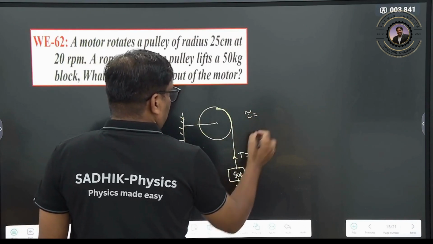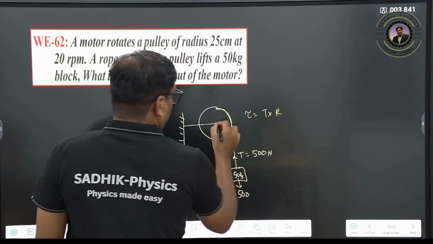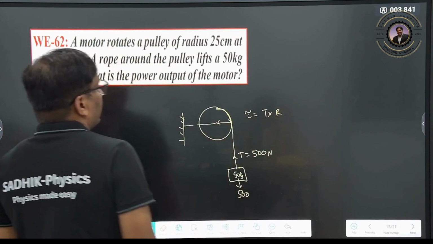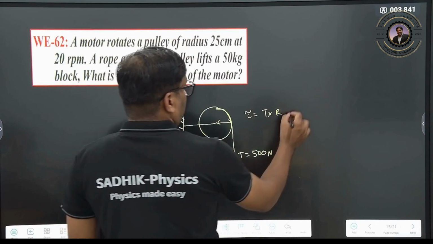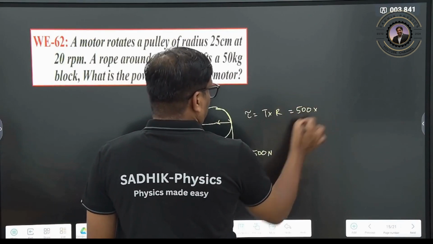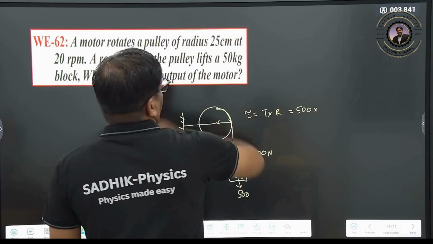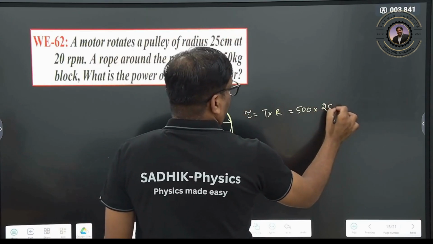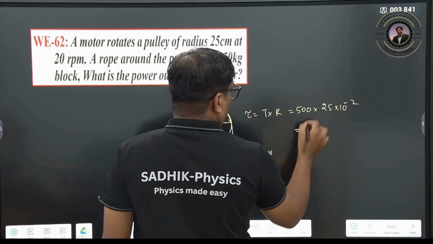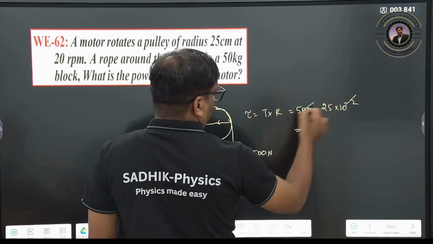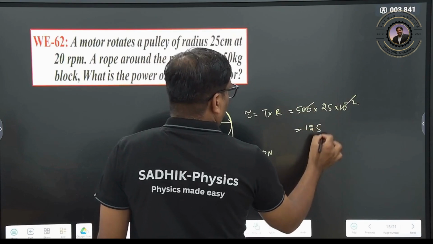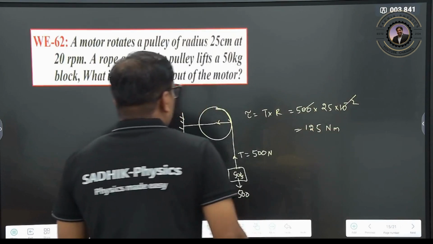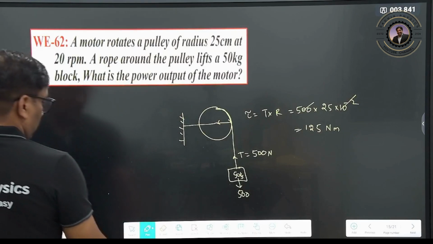So what is the torque here now? Torque is nothing but tension into radius, the perpendicular distance. Clear? Tension is how much? Tension is 500, into radius, how much? 25 centimeter, 25 into 10 to the power of minus 2. So these two zeros get cancelled out. Therefore, it will be 125 Newton meter. Torque I got it, but I want